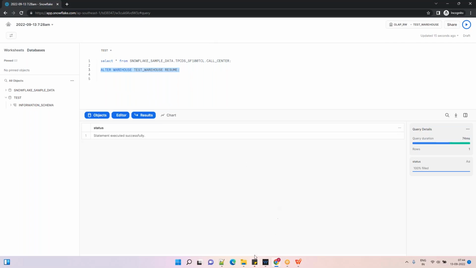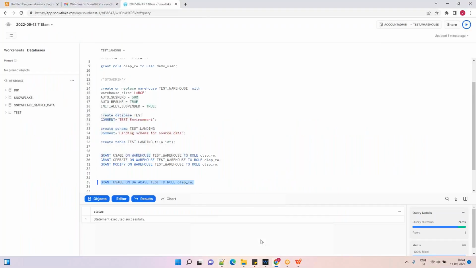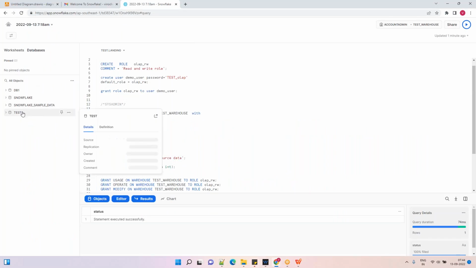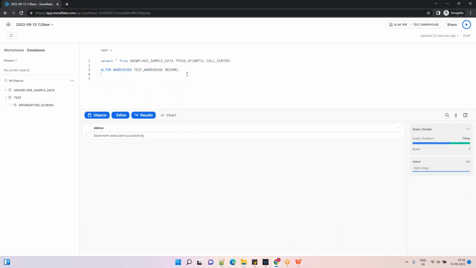Okay, and the next privilege is modify. So what is this modify privilege on the database? Let's say I want to just modify the comment of the database. For any database, you can create it with some comments. While creating the database test, I gave the comment as test environment. You can see that comment here when I point to it. Let's say I want to modify this particular property of the test database. I want to do it from OLAP admin. So now what I can do here is